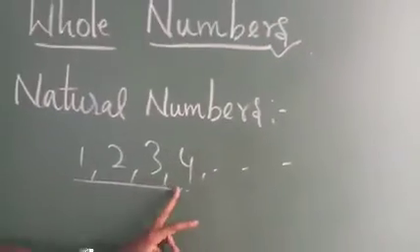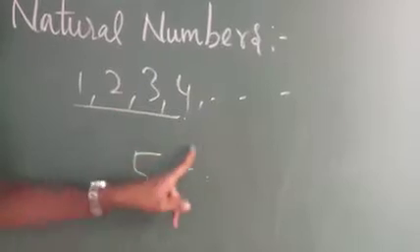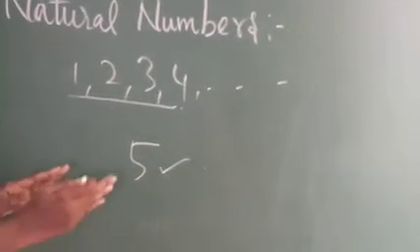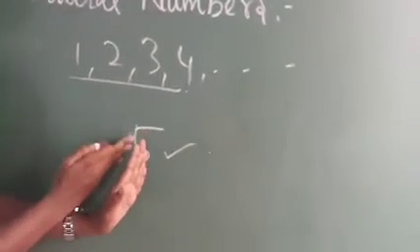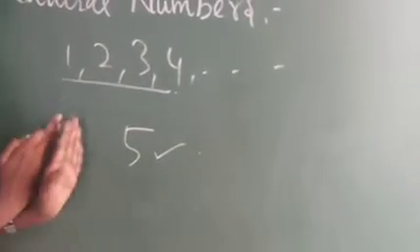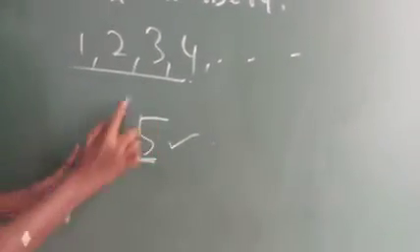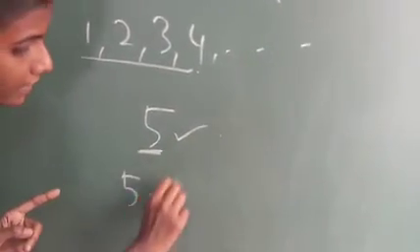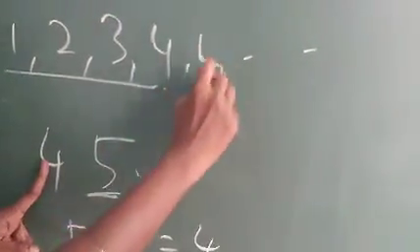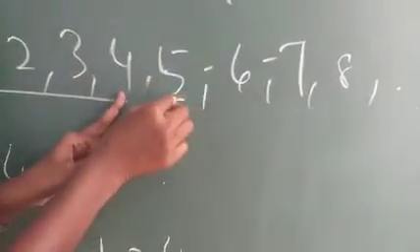Here I am going to take 5. So 5 is a natural number that you already know. What is the predecessor of 5? In general, what is meant by predecessor? Predecessor means the before number or previous number of the given number. That means you have to subtract 1 from the given number. Here the given number is 5. If you minus 1 from the given number, you will get 4. So 4 is the predecessor of 5.